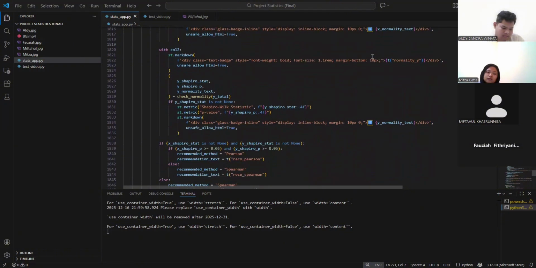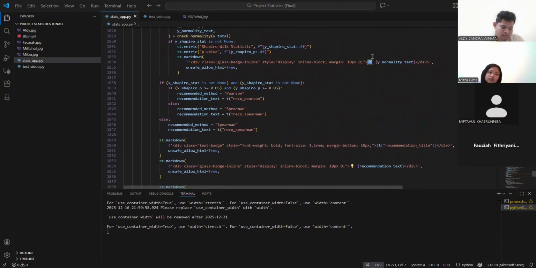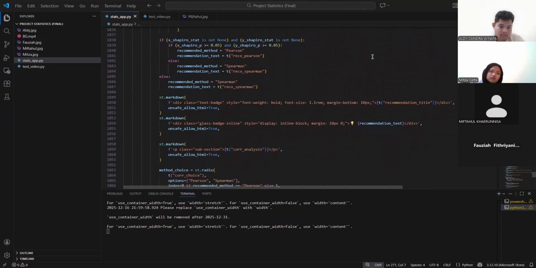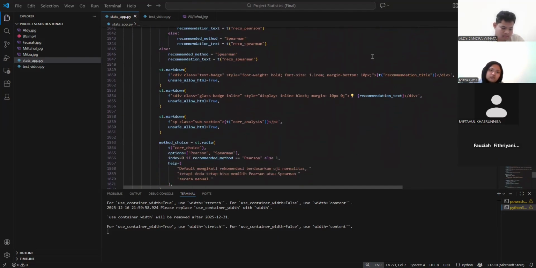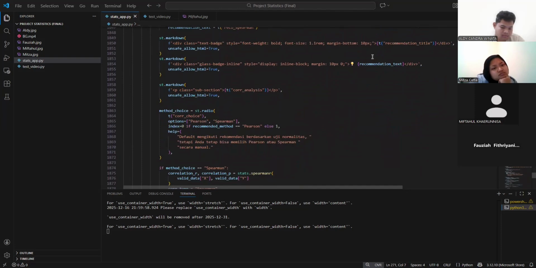In rows 1846 to 1860, box plots for X total and Y total are displayed side by side to identify data spread and potential outliers. Rows 1862 to 1877 show a scatter plot of X total versus Y total to visualize the relationship between the two composite variables.